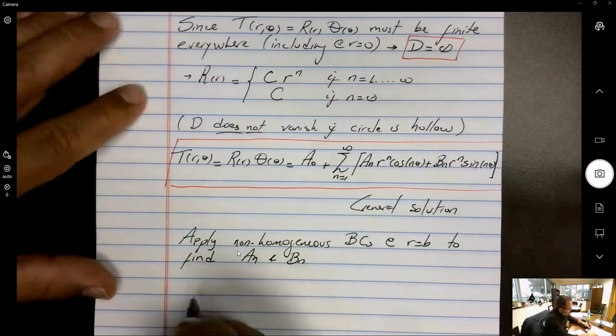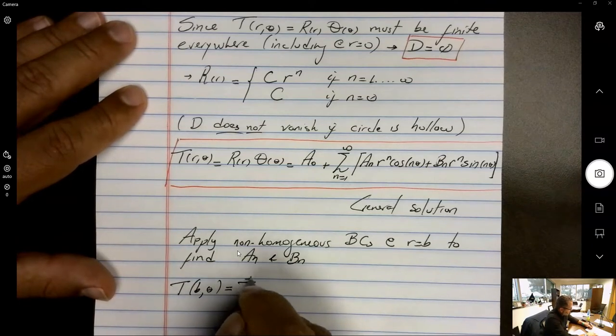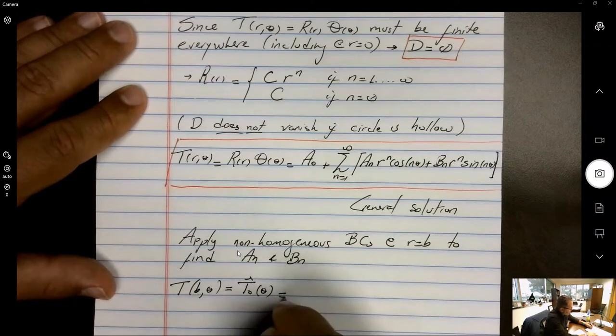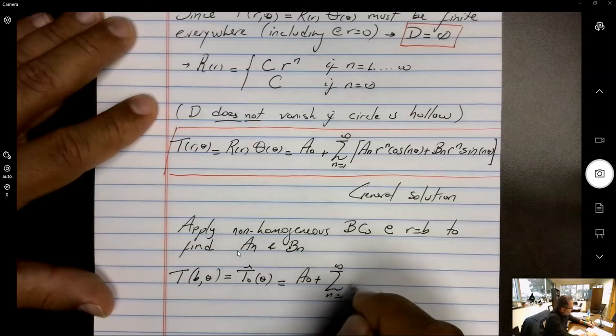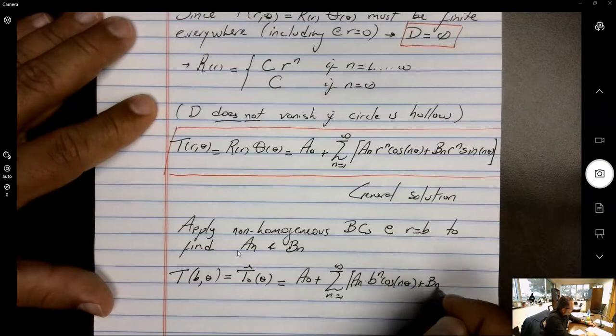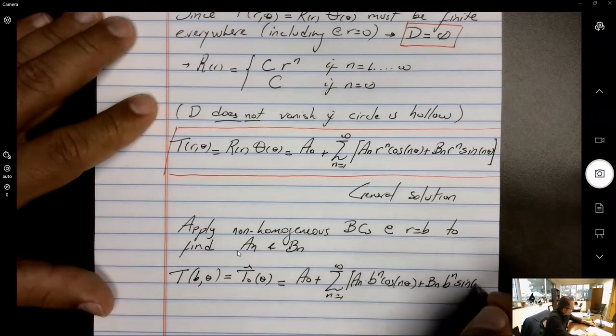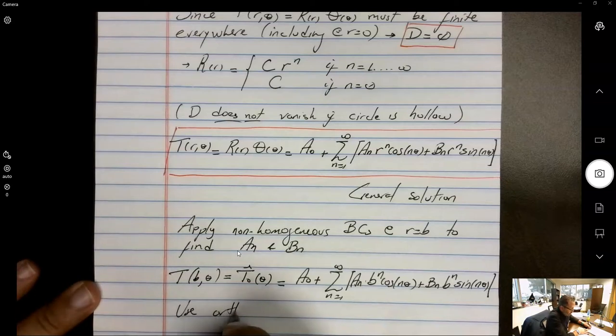All right, so basically that means that T at b comma theta is equal to this given value T0 of theta, which is equal to a0 plus the summation from n equal 1 to infinity of an b to the n cosine of n theta, plus bn b to the n sine of n theta. Right? And now from this, we have to extract a0, all the values of an, and all the values of bn. And to do that, we use orthogonality